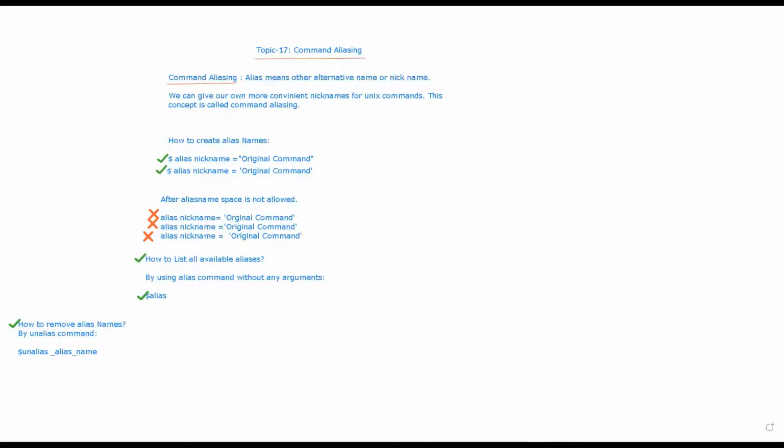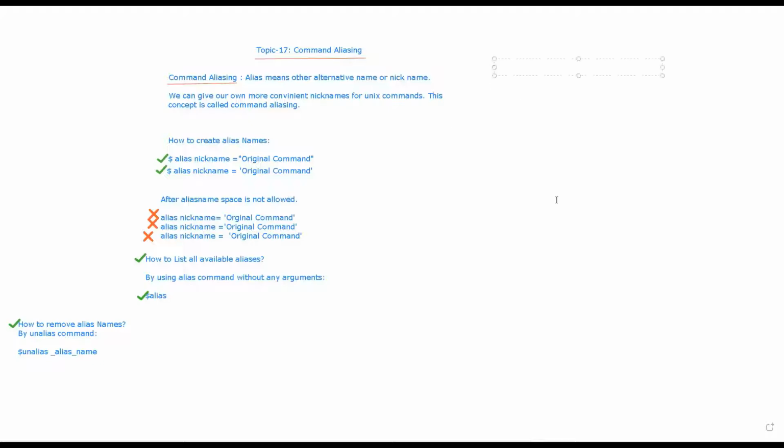But now, what is the use of alias, right? So sometimes what happens is you have some lengthy command repeatedly required. Then you need some shortcut alias name, and we can use that alias name every time. So what do I mean by that?